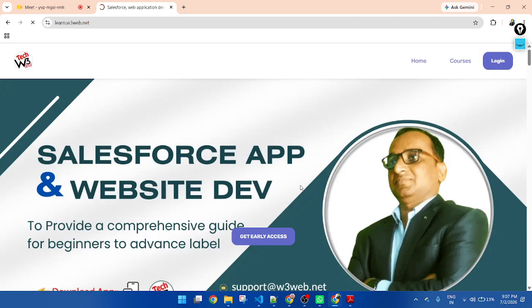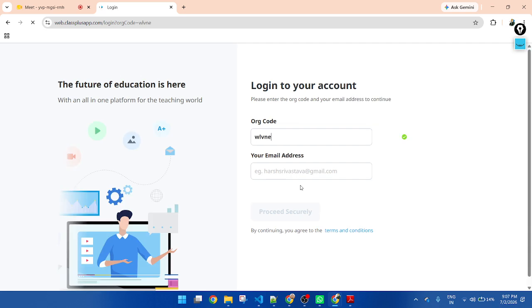This one, the login button. Then there are two options, WhatsApp and mobile number. You need to put your mobile number. You will get an OTP. Once you verify your OTP, you will be redirected to a landing page.